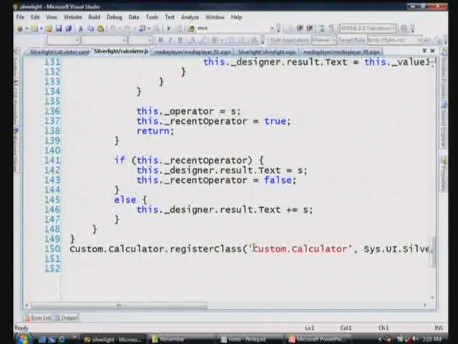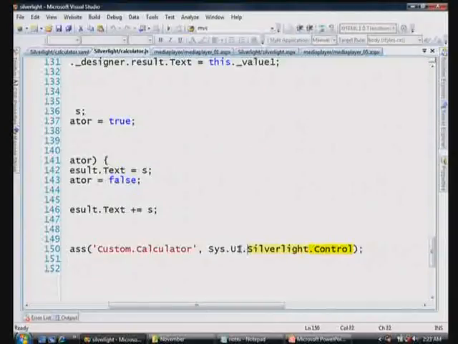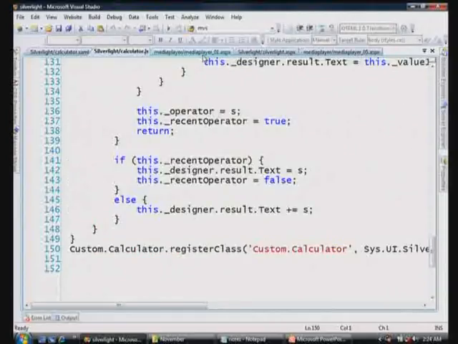and ultimately registers that I have all of this code that is a custom calculator implemented in JavaScript, and that it inherits from sys.ui Silverlight control. So sys being the client namespace, that top-level namespace we have for our Ajax objects. So that Silverlight control takes care of everything we need automatically for running Silverlight. And if we go look at the file,